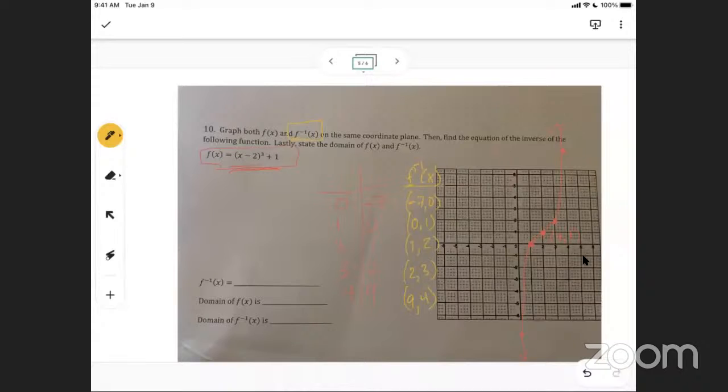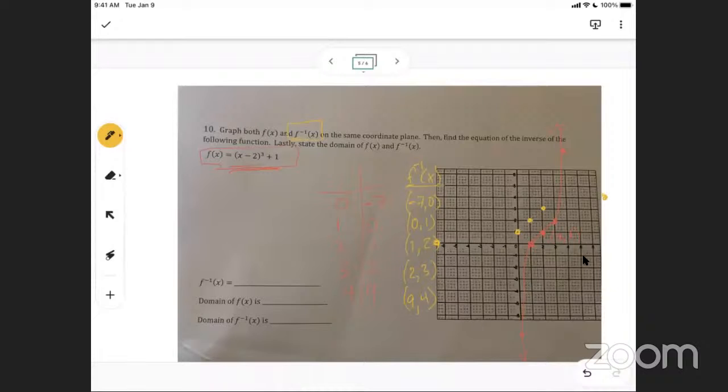Understand how I came up with that? So -7, 0 is right here. 0, 1 is up there. 1, 2 is right there. 2, 3 is up here. And 9, 4 is over here somewhere off to the right. So your graph looks like,